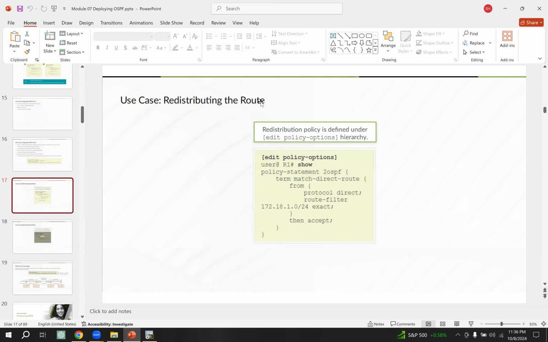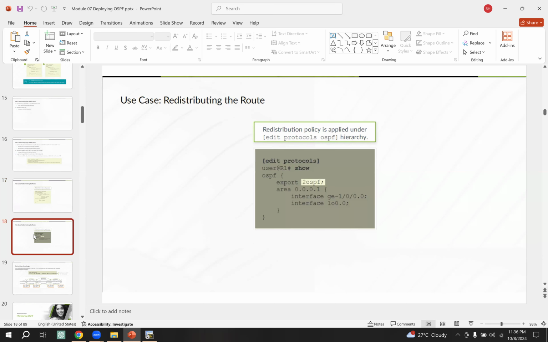Redistributing routes: if you want to redistribute a route coming from another routing information source, it can be direct or any other routing protocol. You have to deploy a policy and apply this policy as an OSPF export policy. In that case, your route will be redistributed. This is the way. So consider here